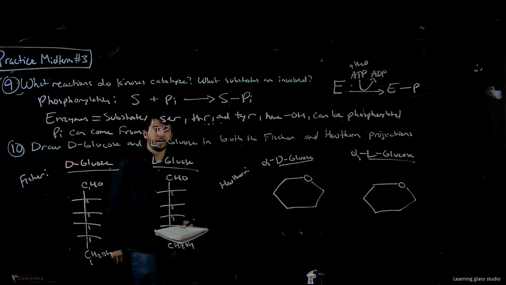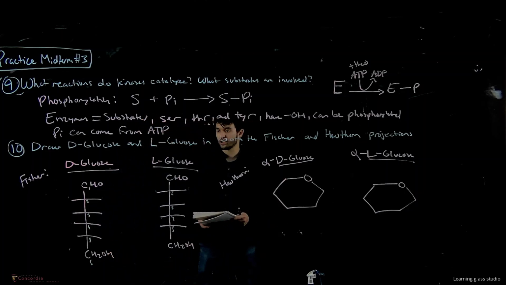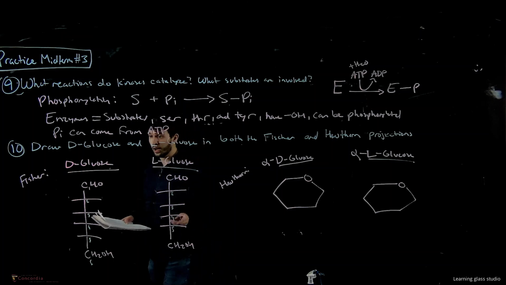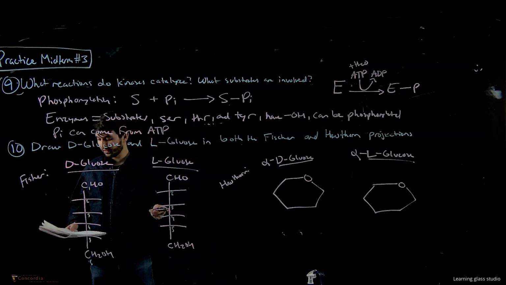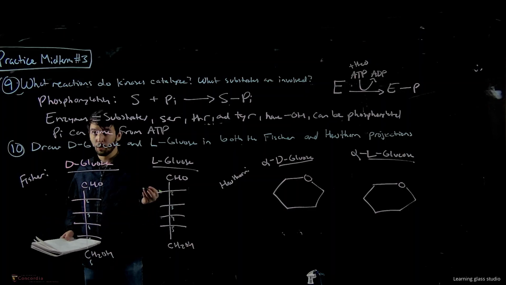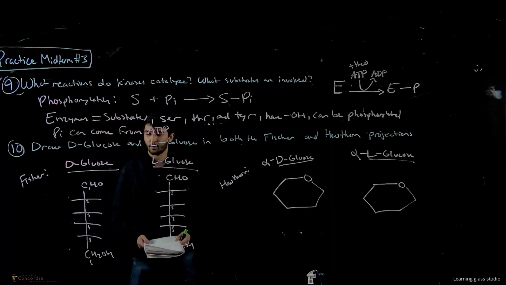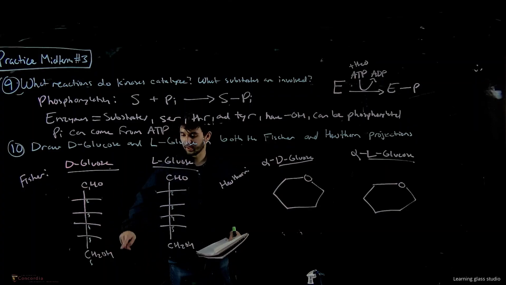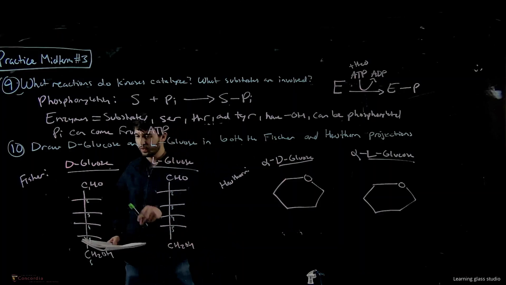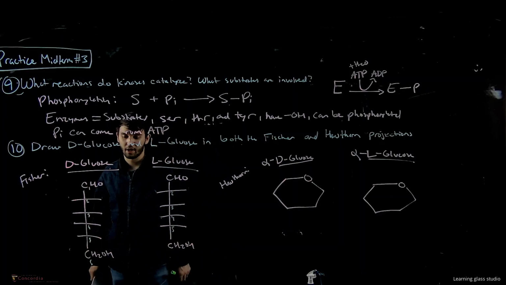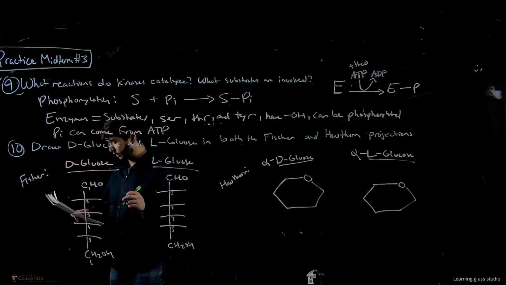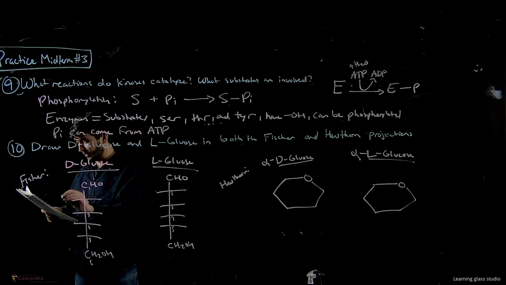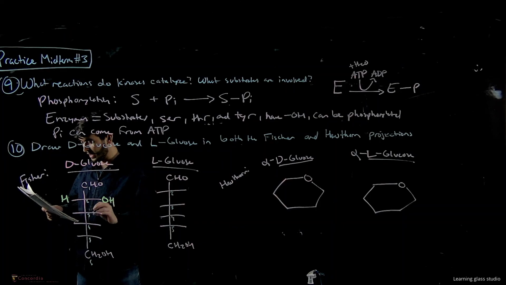Draw D-glucose and L-glucose in both the Fischer and Haworth projections. So this is just something that you'll need to memorize to start out with. So what we essentially start out with is the typical pyranose structure for the Fischer projection. So 6 carbons as such, CHO at carbon 1, CH2OH at carbon 6. Okay, so for D-glucose, again, this is just something you have to memorize. So the first OH is going to be on the right, second OH on the left, third OH on the right,